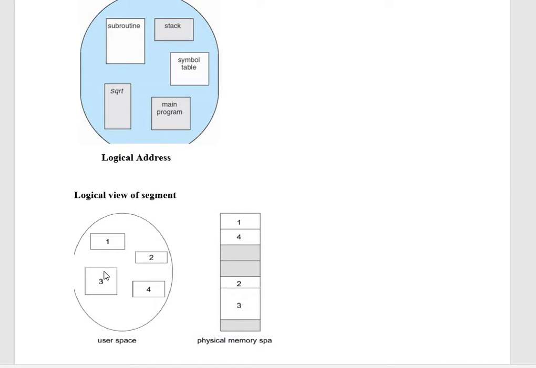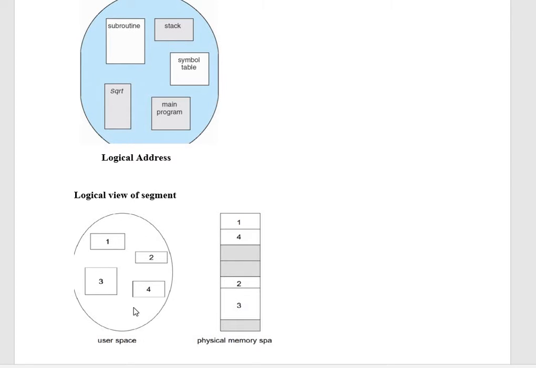In the same way, the third segment, wherever we can get that particular amount of space, you could just fit there. So the fourth can just fit over here. So the physical memory is going to allocate the memory non-contiguously for the process, but within the segment it must be contiguous. The segment cannot be further segmented.